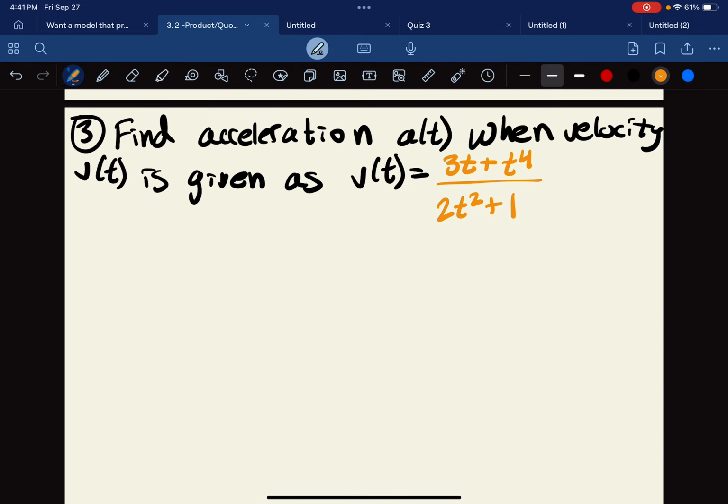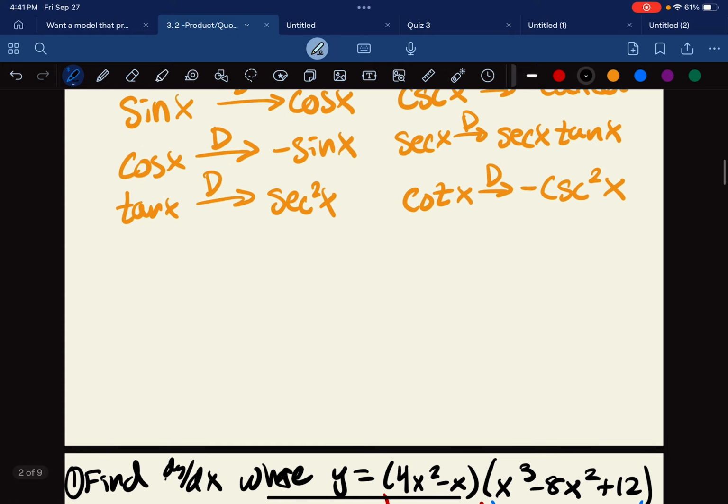Okay, so another way you could be asked these kind of questions is similar to how we were talking about last week, where you can be asked derivatives within the context of acceleration, velocity, and position, right? So just knowing that the derivative of position is velocity, and the derivative of velocity is acceleration. So if we have our velocity function, we can find the acceleration function by just taking the derivative of it, right? So this is going to be a quotient rule,